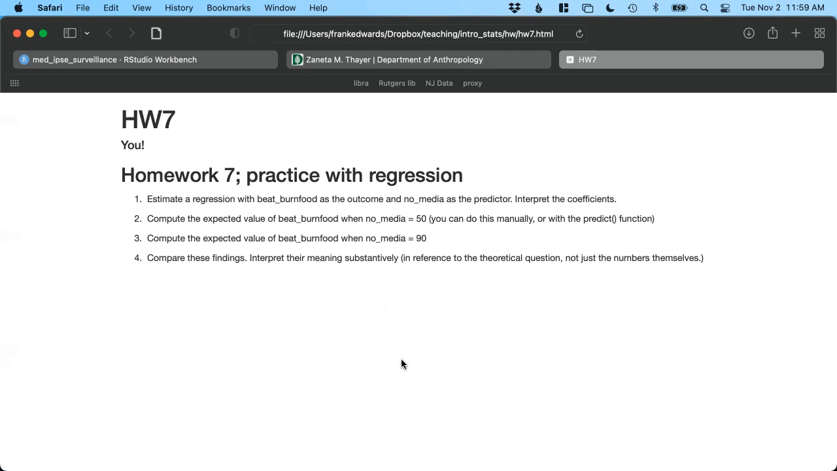And if you want to toy around with different variables in the data or other data sets and running models, I encourage you to do that. Okay. Anything question-wise before